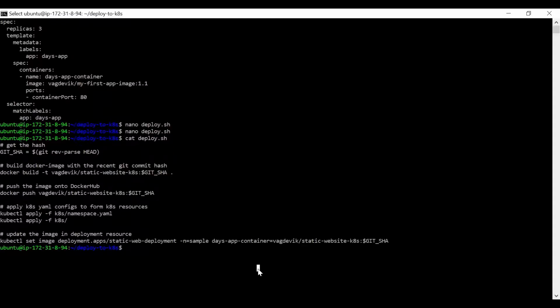All right. So for now we have written the deploy.sh file. Now it is our turn to push this onto GitHub. Before that, let us create a new GitHub repository and push all these code changes to it, so that it will be clear for us in the future when we refer to it also.